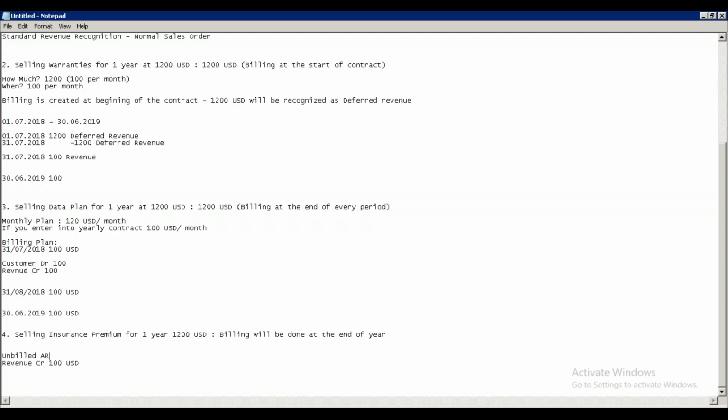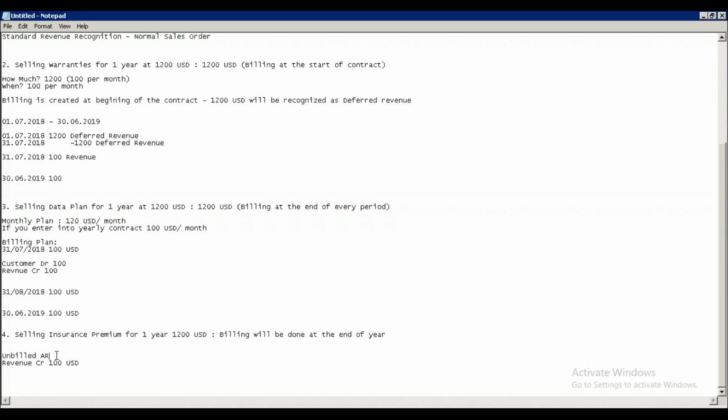Okay, what is unbilled AR? This is just like a clearing account. Here we use the clearing account deferred revenue, and here we are using the clearing account called unbilled AR. Because for 12 months, we will keep on adding 100 USD per month in this account. So at the end of the contract, you will see that in unbilled AR, there is a balance of 1200